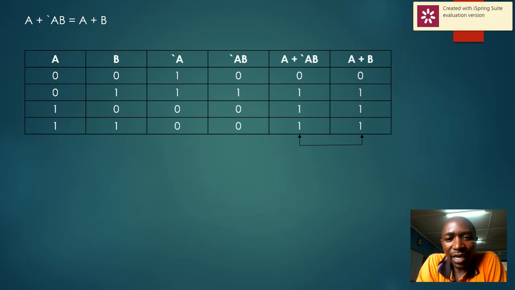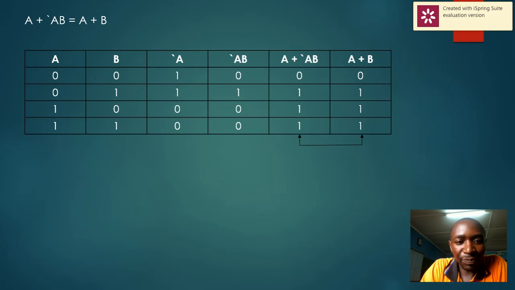Okay. Now, what is A plus NOT gate A B? So in this particular scenario, we are going to look at the first column where I've got A 0 0 1 1, and we're going to add it to the NOT gate A B which you already got in column 4. So we will be matching the two by adding them. Okay, so if you check 0 plus 0 of the NOT gate A B, the answer should be 0. The 0 on the letter A there, the second row that is, and adding it with the 1,